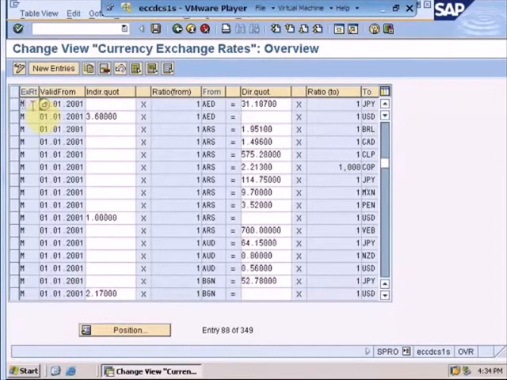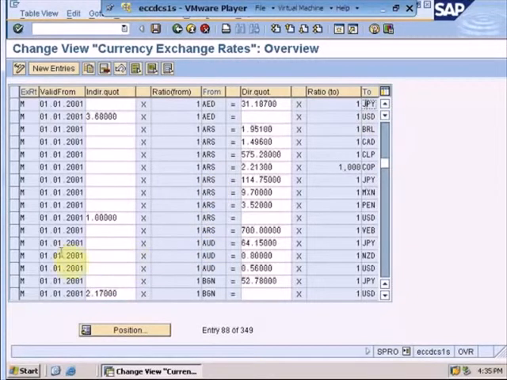Now as you can see, in order to define an exchange rate, all you have to do is enter your exchange rate type, and enter a date from which the exchange rate is applicable. You have to select a currency from, in this case the United Arab Emirates dirham, which has been defined at a rate of 31.18700 against Japanese yen, which means 1 AE dirham is equal to 31.18700 Japanese yen.